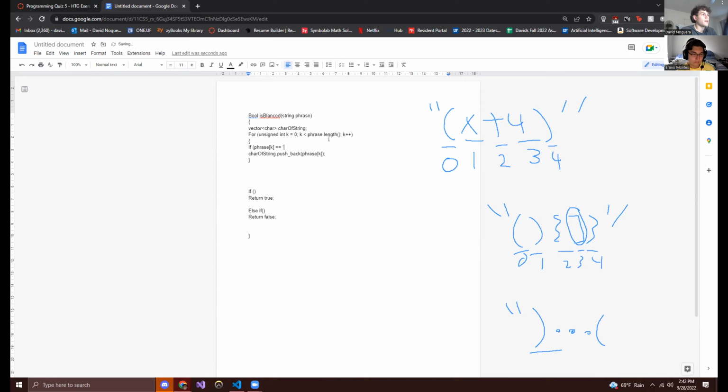If the string at the k index contains this, or phrase at k equals, or phrase at k equals, then what I want to do is push back the values onto the individual parenthesis at the index of the string to the vector. Then